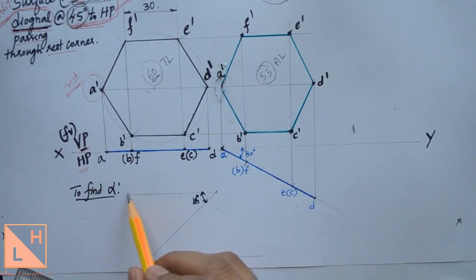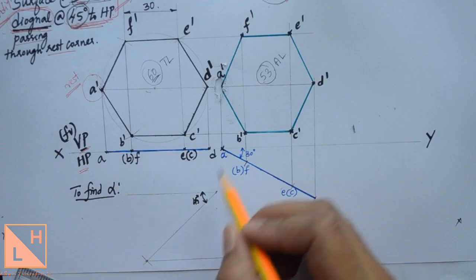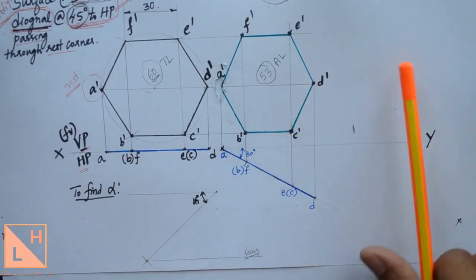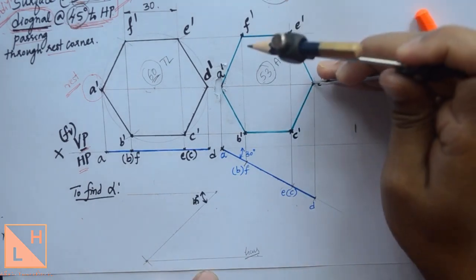I'll repeat it. Draw a horizontal line, 45 degree true angle, and cut one arc for true length, and then from the intersection you draw one more horizontal line. This will be called as locus. So on this locus you just need to cut the length of the apparent length. So the apparent length is known here as 53. No need to use scale, you can directly measure it from here,